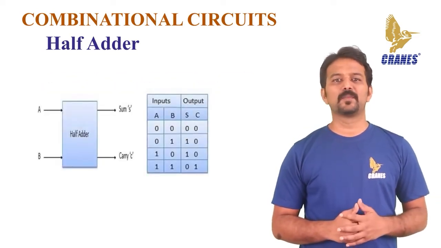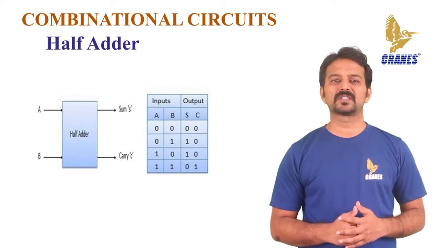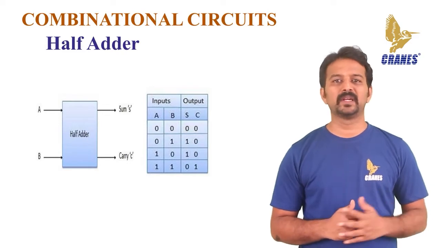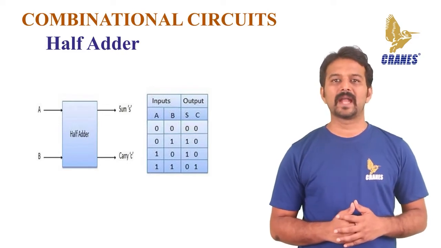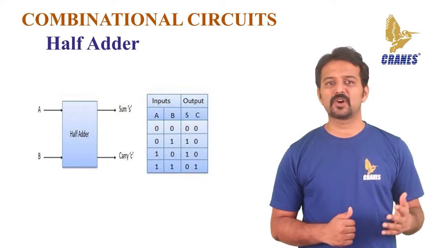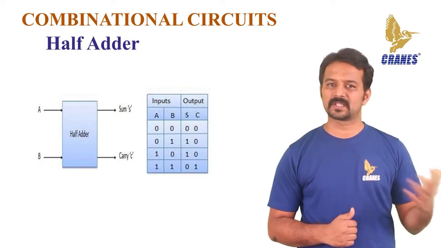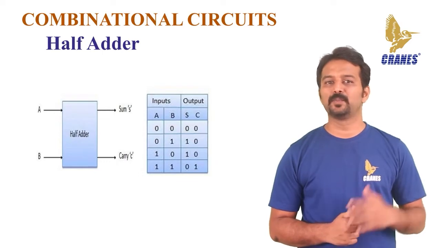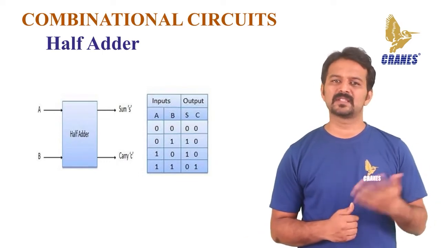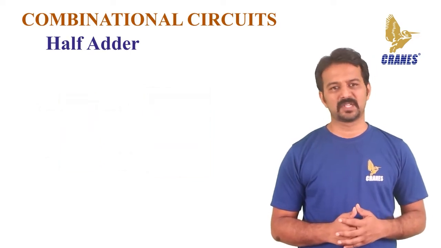The figure shows the block diagram of the half adder along with its truth table. The half adder adds 2 binary digits called the augend and addend and produces 2 outputs, sum and carry. XOR is applied to both the inputs to produce the sum, and an AND gate is applied to both the inputs to produce the carry. By using a half adder, you can design simple addition with the help of logic